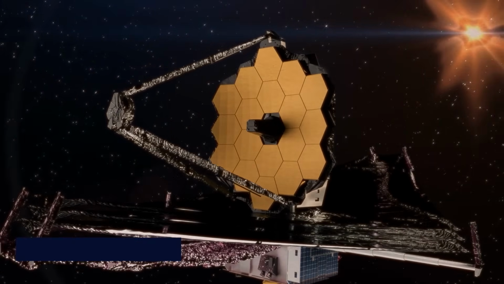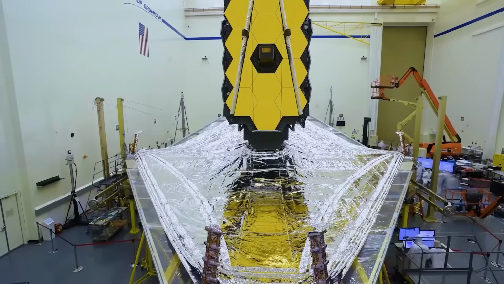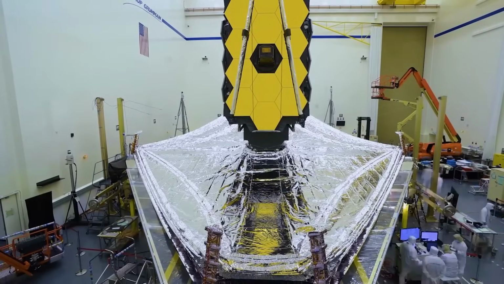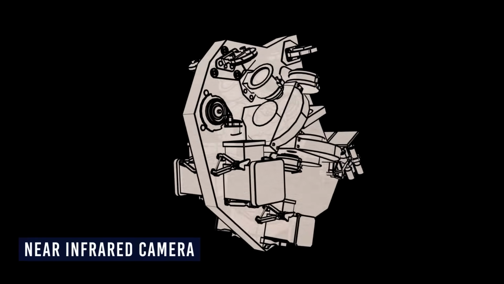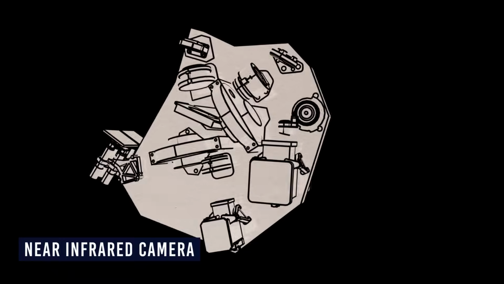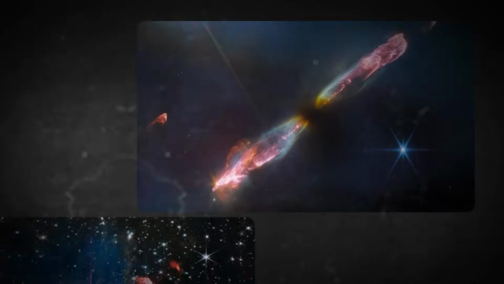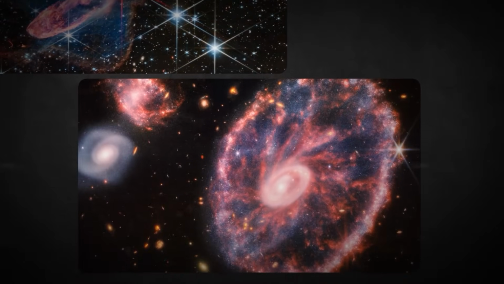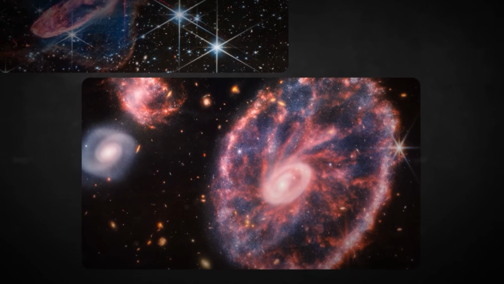The James Webb Space Telescope also has 4 scientific instruments, each of which is designed to study a different aspect of the universe. These instruments include 1. The near-infrared camera. The near-infrared camera is its flagship instrument. It is designed to take images of the universe in the near-infrared spectrum, which is the portion of the infrared spectrum that is closest to visible light. This camera will be used to study a wide variety of objects, including stars and planets, galaxies, and nebulae.